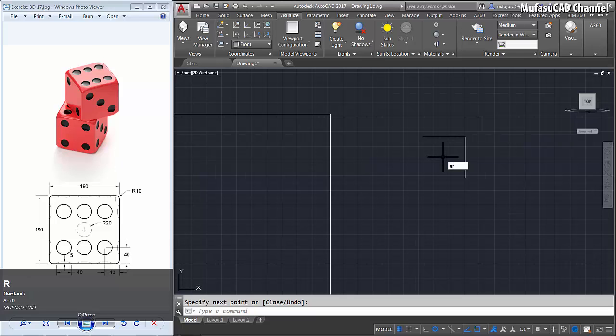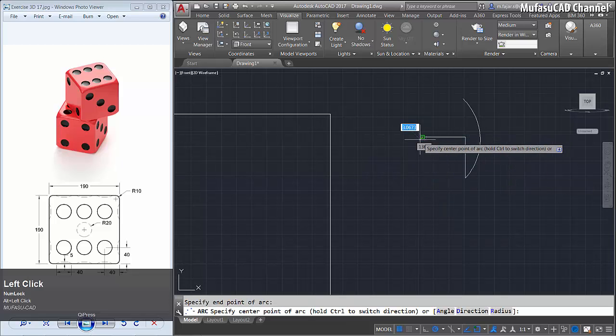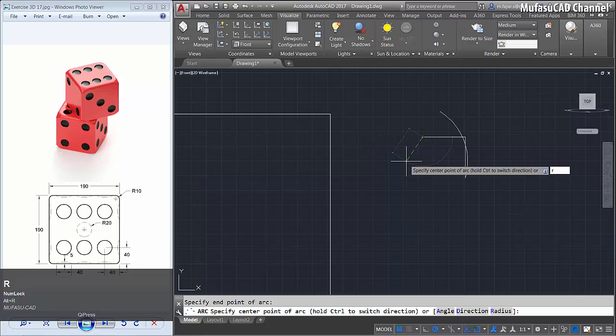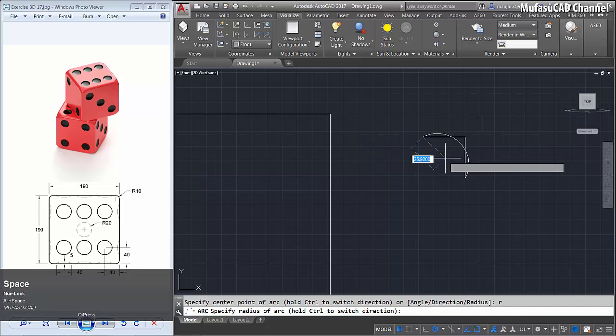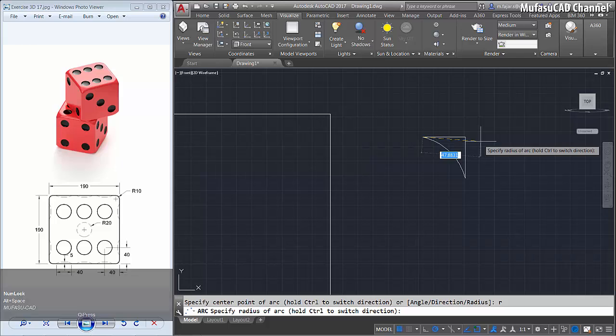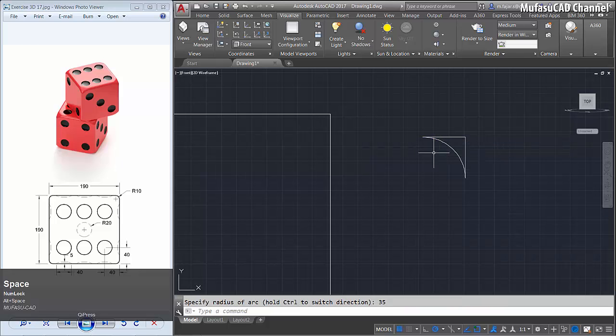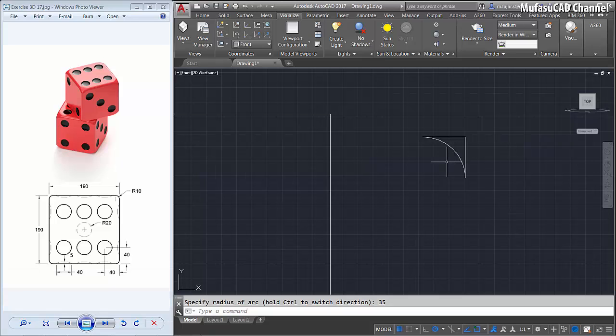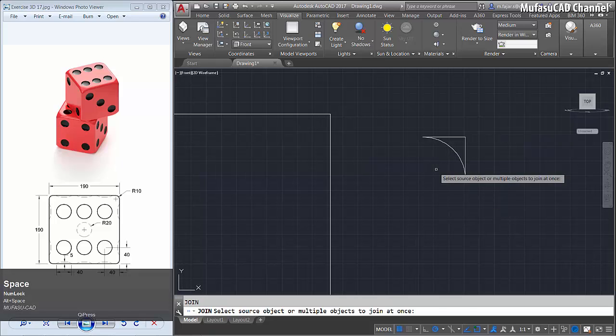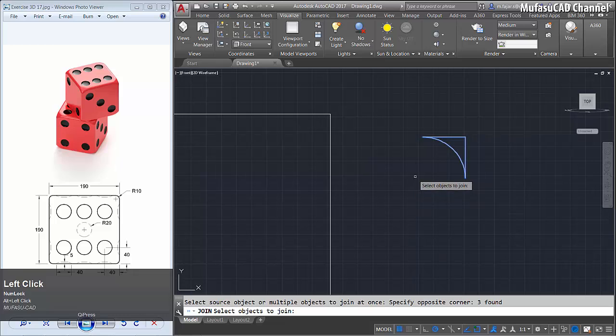We create an arc, select the start point here and press A for end. I will select this point and press R for radius. This radius is about 35, and okay, you can see the result here. Next, I will join all these objects.